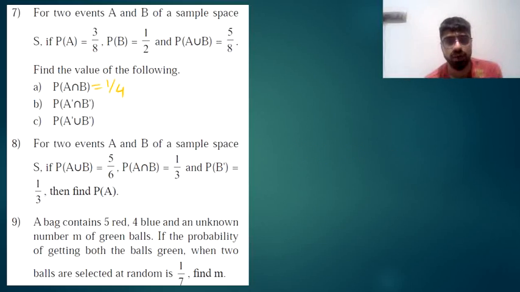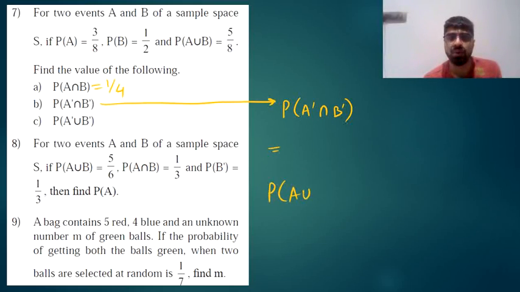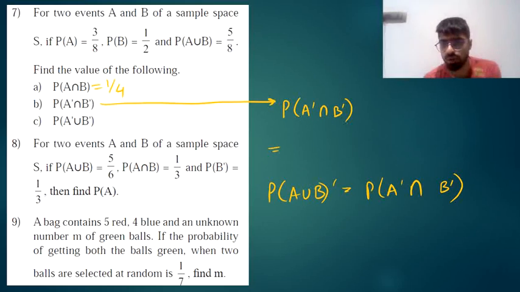Try to answer the second question. They need P of A complement intersection B complement. So there's a rule which says that the way you split the complement is, if you have P of A union B, the whole complement, you can split that complement and attach it with each of the two terms. But when you expand a bracket with the complement in this manner, union becomes intersection, intersection becomes union. So this becomes intersection, and yeah, P of A complement intersection B complement will be the value for